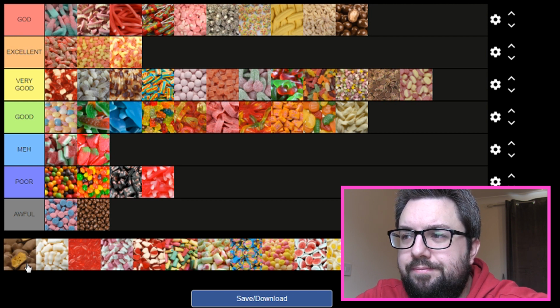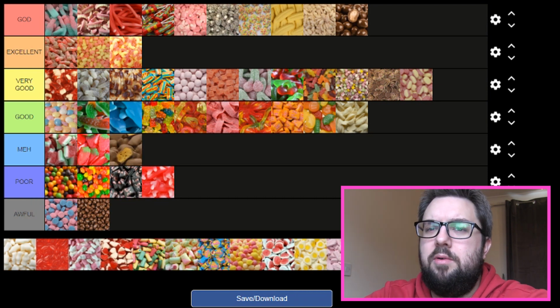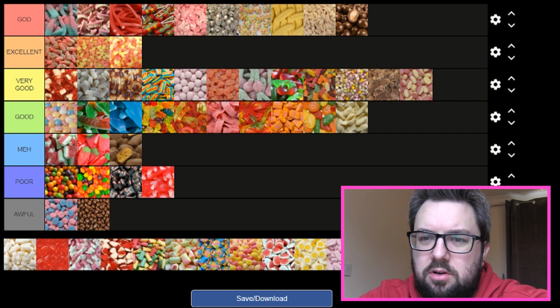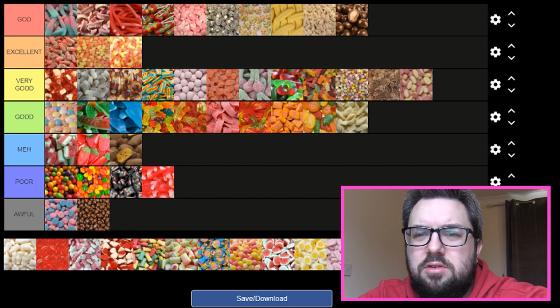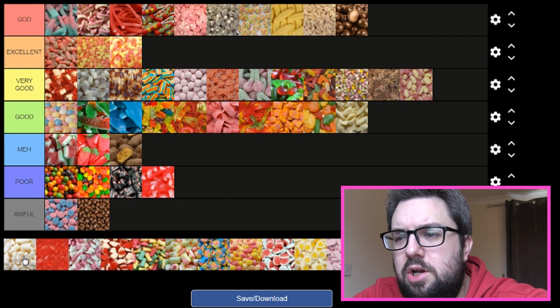Chocolate Honeycomb. I like it. And this might be a controversial one, but for me it's meh. So first of all, the ones that you tend to get from Pick and Mix are generally a lower quality. They're not going to be as good as Crunchie. They might have been there for a while, so the chocolate might be dusty and whatnot. And I'm just not a big fan. It's not good for my teeth, basically. Cheap, crappy milk bottles are...